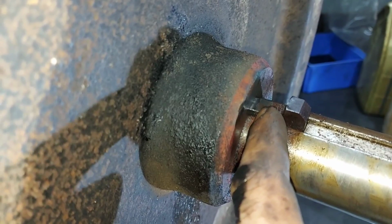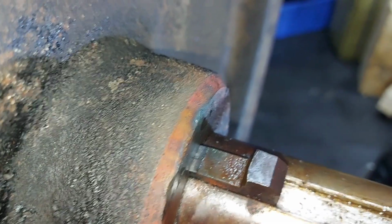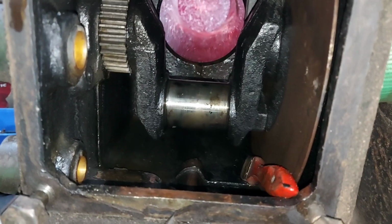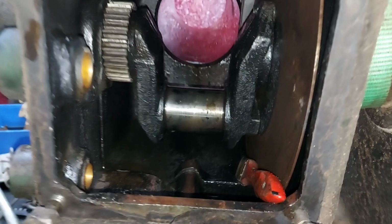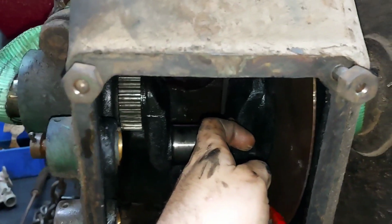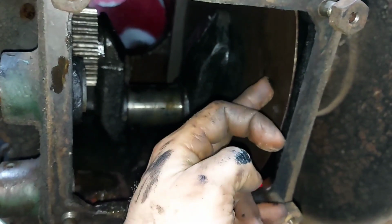Managed to move the key around 2 or 3 millimeters, so it should come out. I'm going to take the flywheel off so I can unbolt this back part to remove the crank, mainly to access behind this plate,